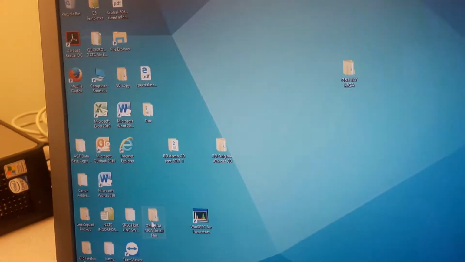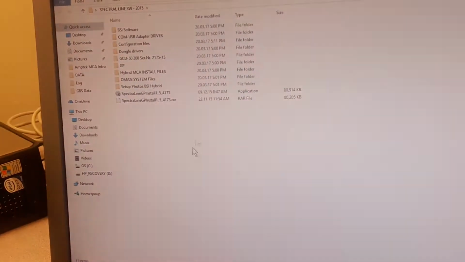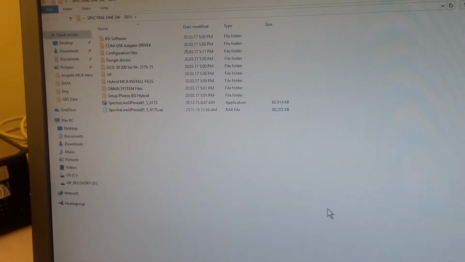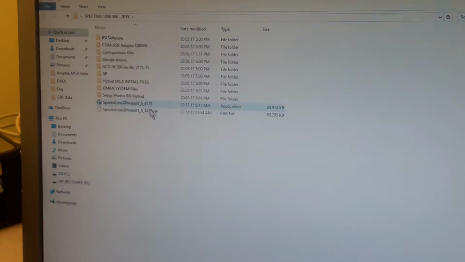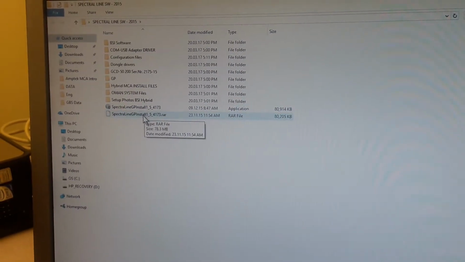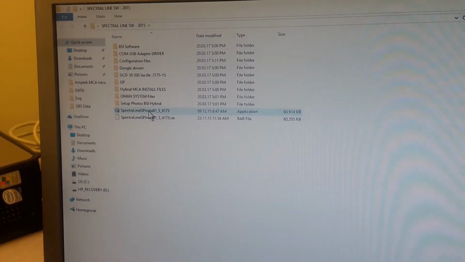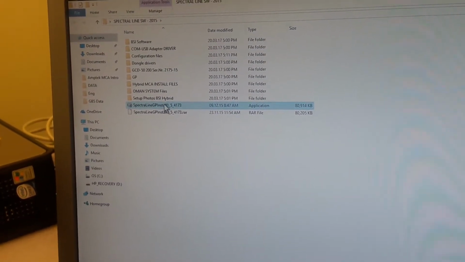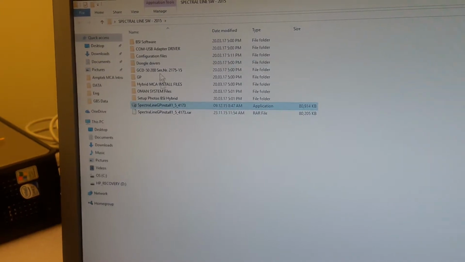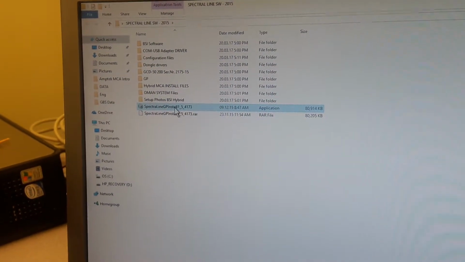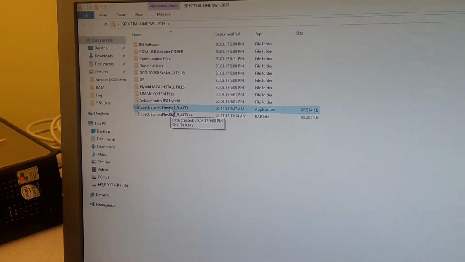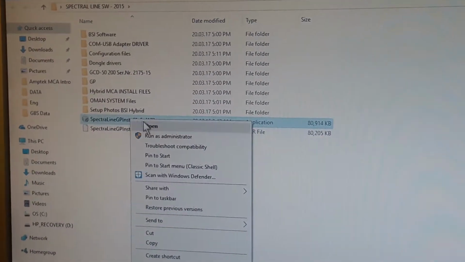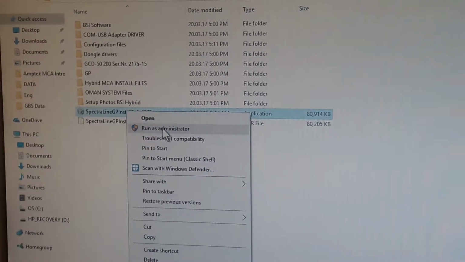So what I usually do is I separate the SpectraLine software into a particular folder on my desktop, and then I will install it. Now I did get a copy of the main software here from the root file, and also there are a couple of other features that I will have to install in here, including a dongle driver, but I will start with the installation of the SpectraLine CD software. So what I usually do is I select the software, I run as an administrator,